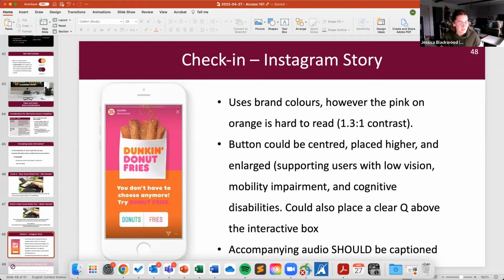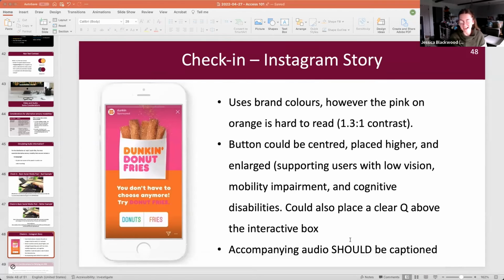So it's a little confusing in how they've structured this anyways. And if there is audio, as we mentioned, we want to make sure that there are captions included. And I feel like you now can't. Can you see my bar at the bottom now? Yes. Yeah. Which is a great example. Max. There we go. I've moved it. So accompanying audio should be captioned.